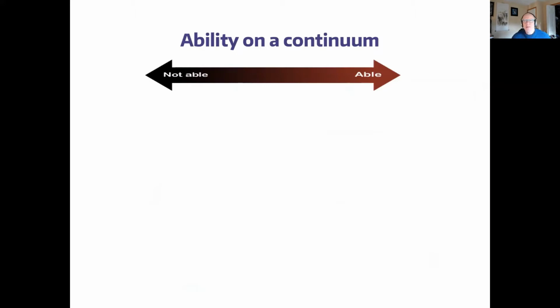So we're talking about disability in a sense, but that's kind of a false dichotomy. It's not as simple as people with disabilities and people without. Depending on what the function is that you're talking about, some people are very able to do that, have outstanding abilities to do that. Some people are not able to do that, and most people fall somewhere in between.